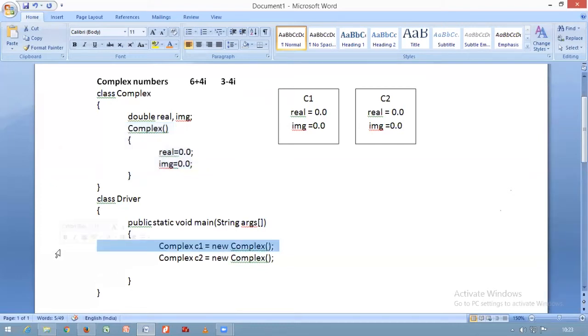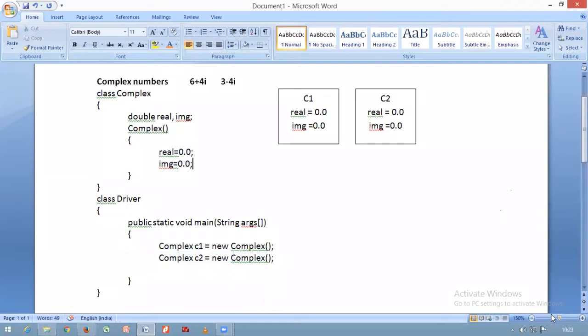Here I am creating an object called C1. When I create C1, the real value will be 0 and the imaginary value will be 0. And here I am creating another object called C2, and again the constructor will be executed, and the real value will be 0.0 and the imaginary value 0.0.